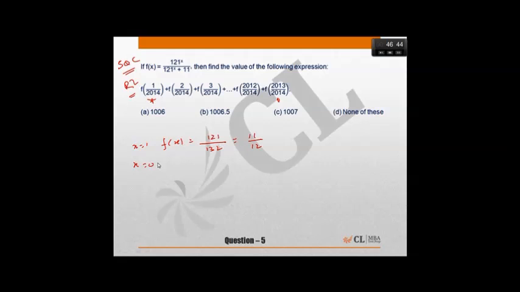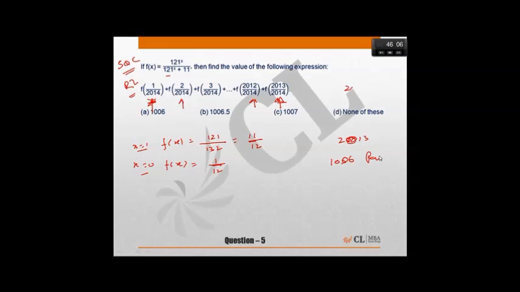And if x is equal to 0, then f of x will become, I'm saying almost this one, the limit will be 1 upon 12, because 121 to power 0 will be 1. So 1 upon 12. So I can say f1 and f0 add up to 1. 11 by 12 plus 1 by 12 is 1. So that should be 1 for here also, and these also. So how many are these? These are 2013, the middle one, 2013, or rather